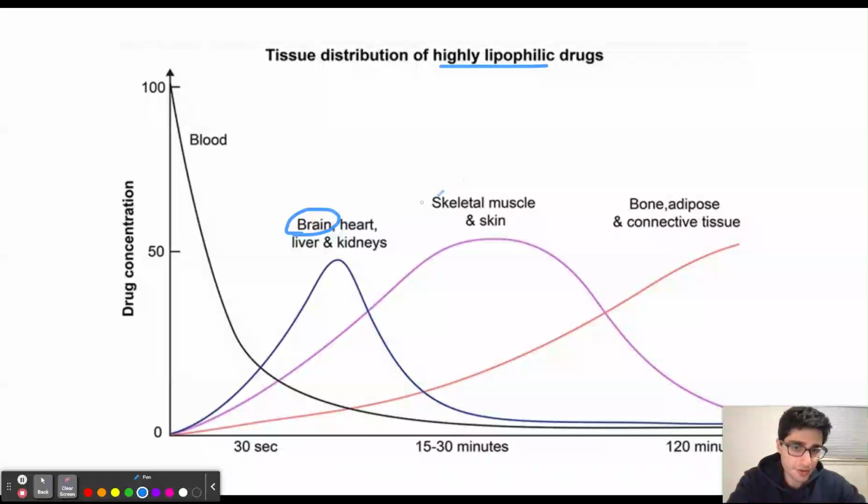But after 10 minutes or so, the patient is going to wake up. Why? Because now the drug is going to be more spread out within the adipose tissue